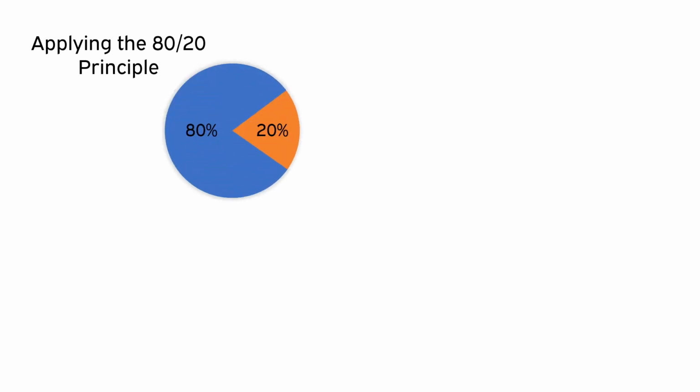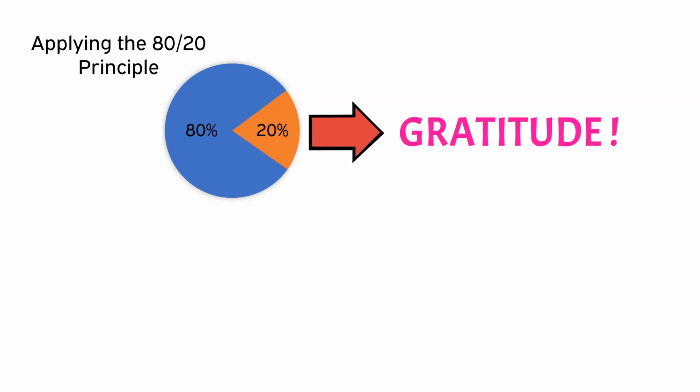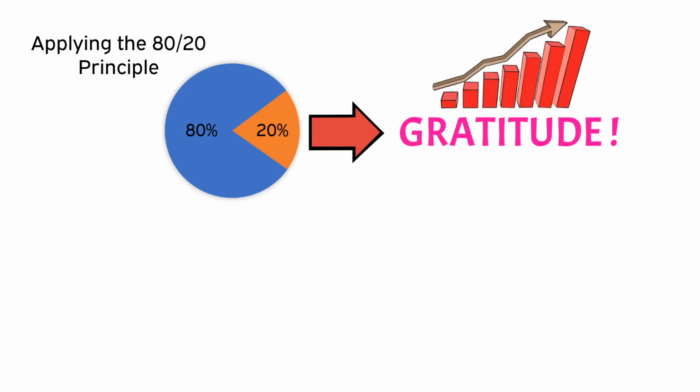We can even apply other mental models on top of these models to leverage results a bit further. Take the 80-20 Pareto principle, for example. When this list of virtues gets examined by asking what vital few virtue or virtues might provide 80% of the overall benefits, gratitude comes right to the top. If we focus on cultivating gratitude, we can mitigate numerous vices while improving our attitude on multiple dimensions and bringing forces to play that have the potential to truly reshape our lives for the better, and it all starts with gratitude.